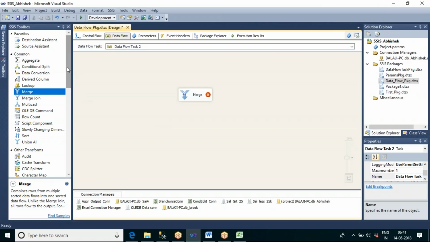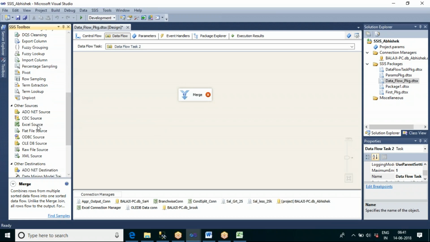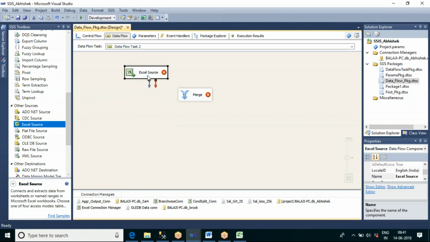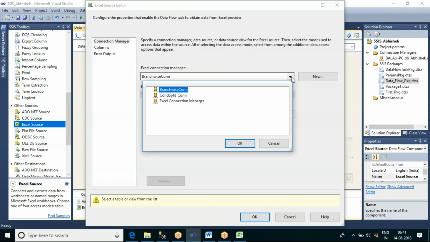Now let me take Excel source, so we have Excel source to point to the Excel file. Now let me create a connection to the Excel source. Is the connection already existing?